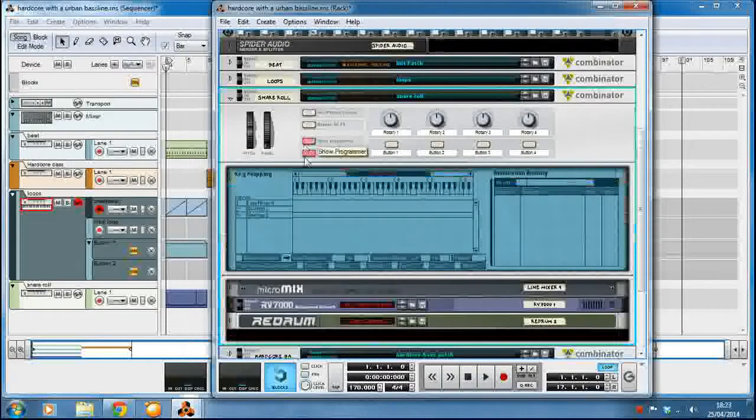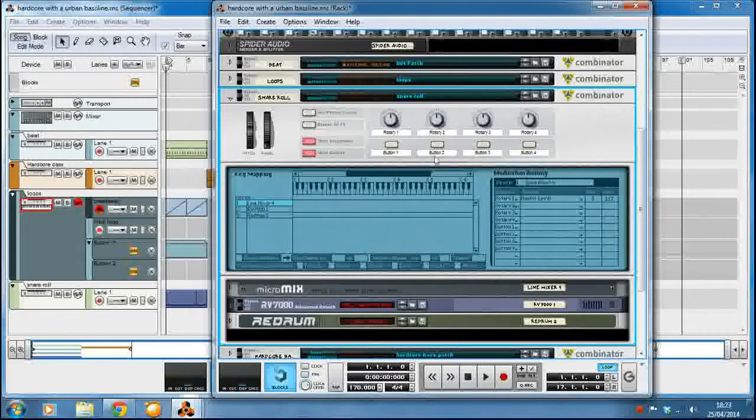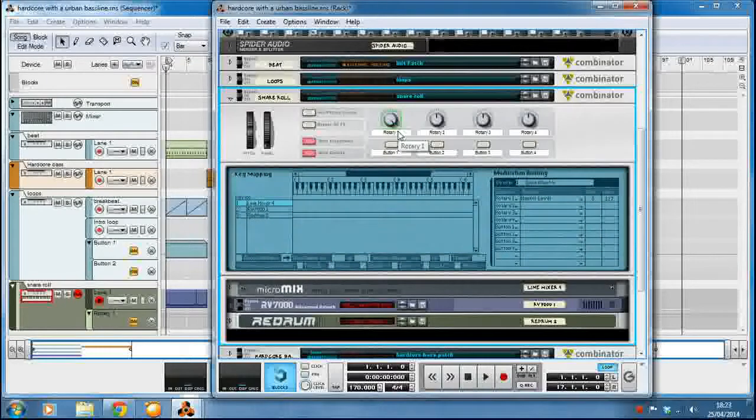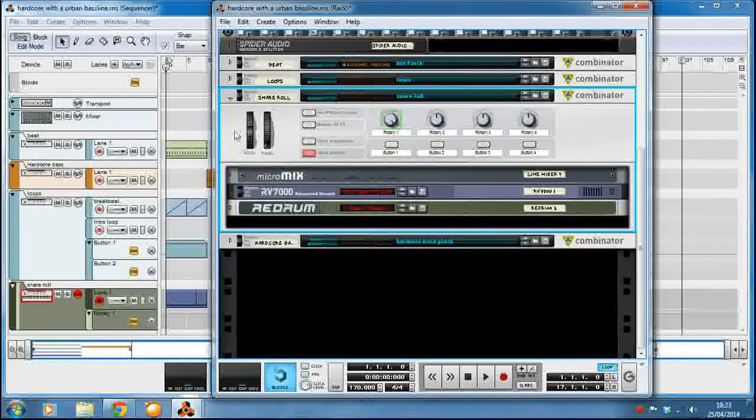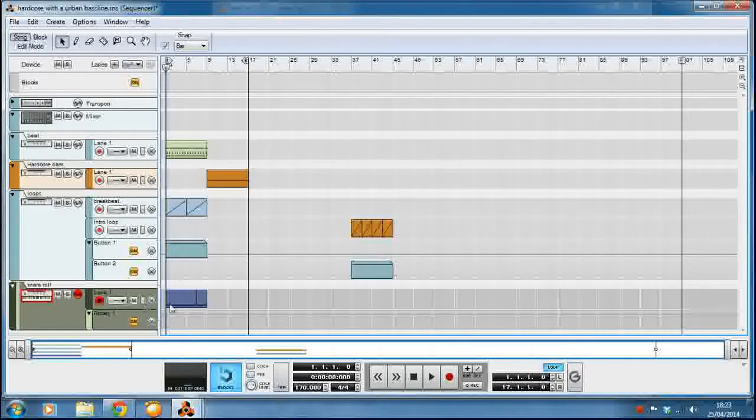Then from there go into show programmer, Line Mixer 4, rotary channel 1, master level, send the rotary all the way to maximum, hit edit automation, and then click off the show programmer and select it down here. Then, because yet again, like I was telling you in the beat combinator, it will come up with a Redrum instance here. Just send that 8-bar loop into the snare roll combinator, and then take your razor tool, shortcut R,